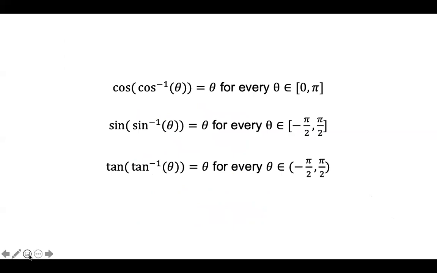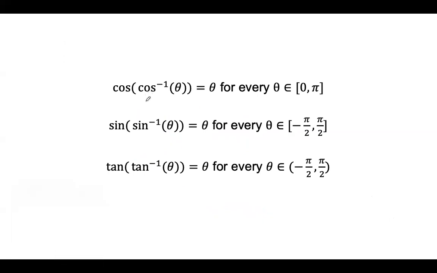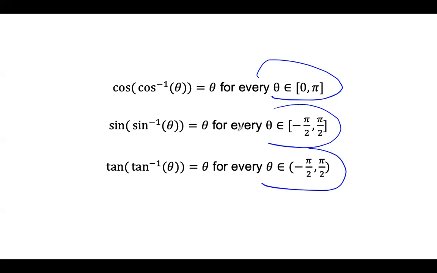And here's some more examples. Here are our definitions. The inverse of cos of theta, taking cos, is theta, where theta ranges from 0 to pi. And the inverse of sine. So it's just being careful about what theta equals here. The inverse of sine of theta, taking sine, is equal to theta, for theta being an element of the interval from -pi divided by 2 to pi divided by 2